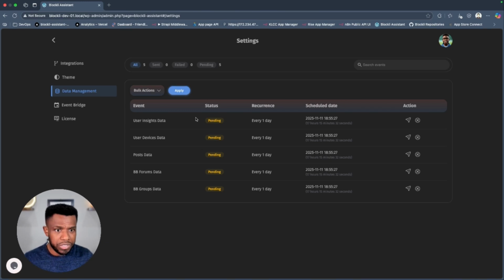For BuddyBoss, for a BuddyBoss group, you would have the group ID, the metrics around that group and the members who are part of that group. Now, the only information that we get is just the IDs of those users. There are no email addresses or any personally identifiable information, PII, being used in these conversations,